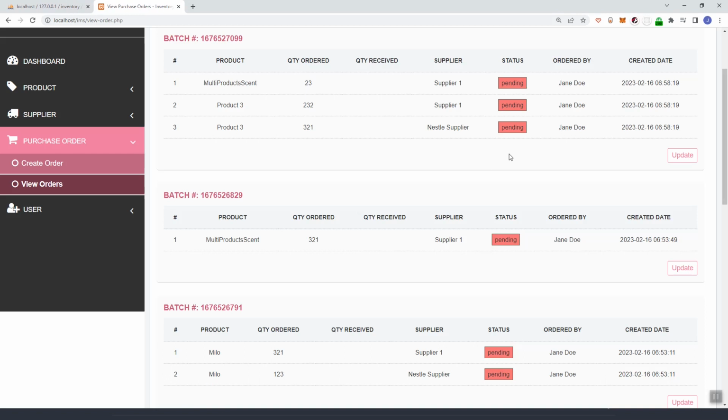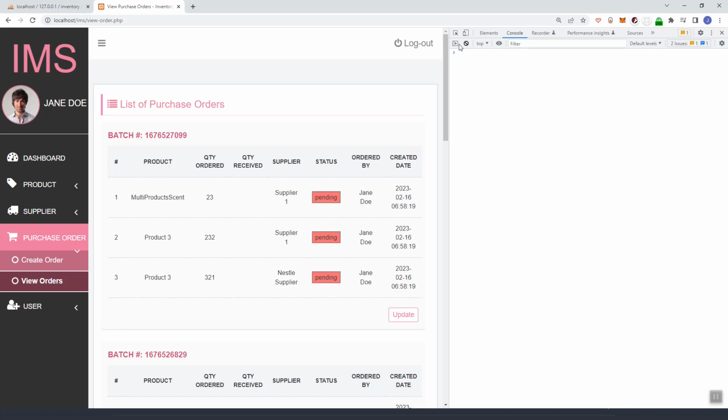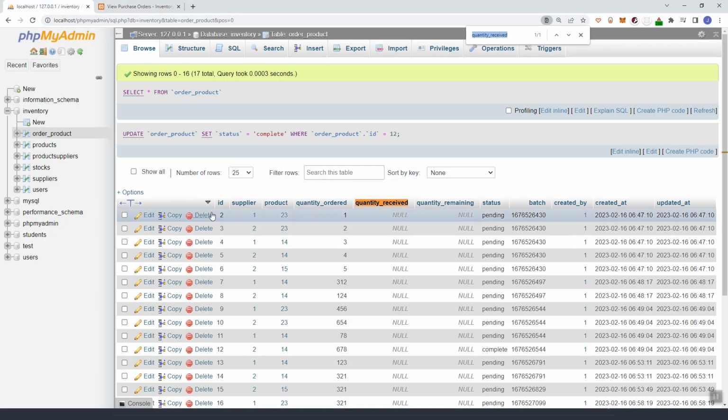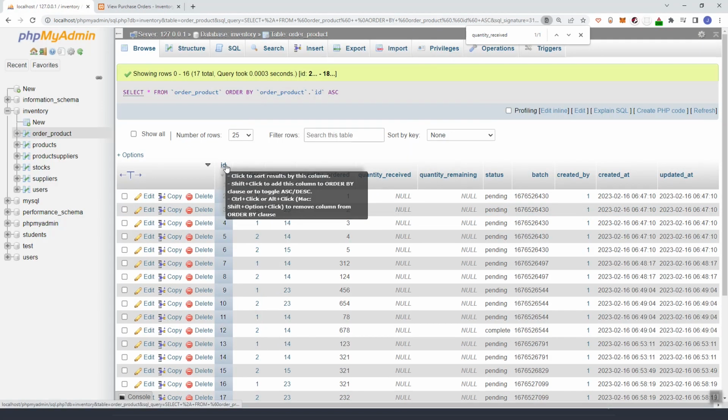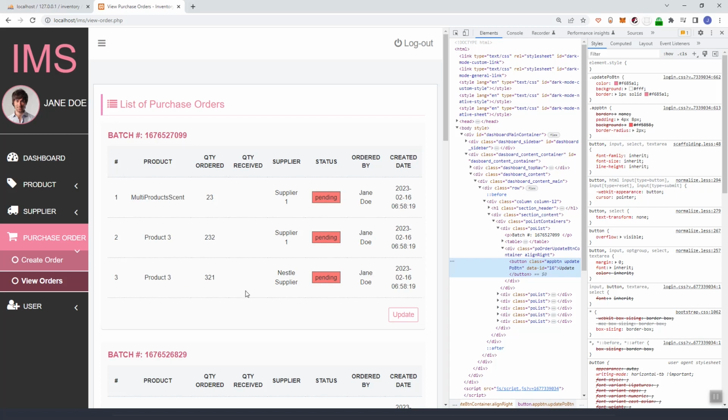If we refresh, then here, if we look at the update, as you can see data ID 16, and if we go look at this ID 16, supplier is Nestle, product number 3. So as you can see, Nestle product number 3. So sorry, so